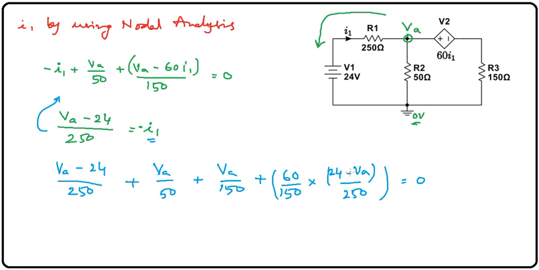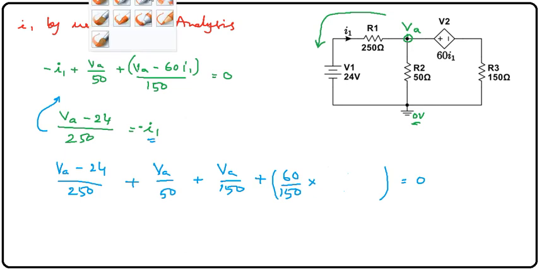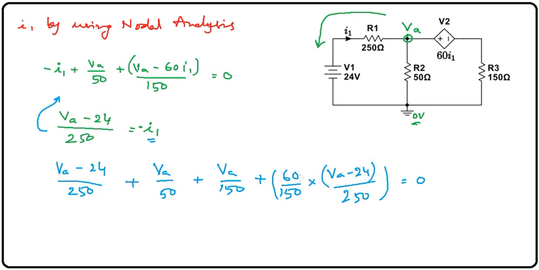So it will be simply VA minus 24 divided by 250. So this is the concept. So let me have a small improvisation into 4 by 4. So it will be 1000. So 125 into,